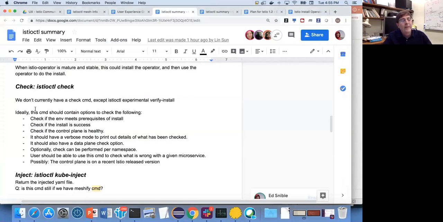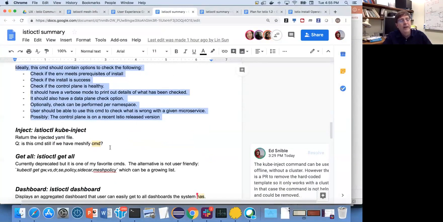So Istio control check, which is, so we have in progress this version check that Iris is doing. Lynn is proposing some more stuff to tell if the control plane is healthy and if we're on a good version. So the next question is kube inject. I had proposed a meshify command to sort of where you could sort of say Istio control